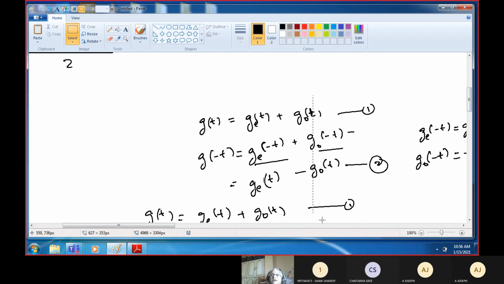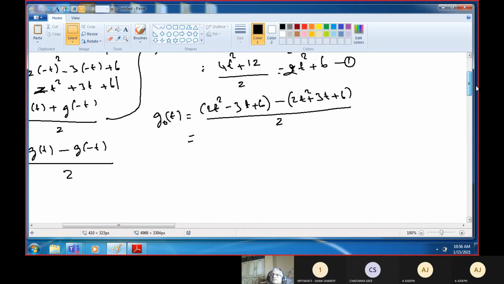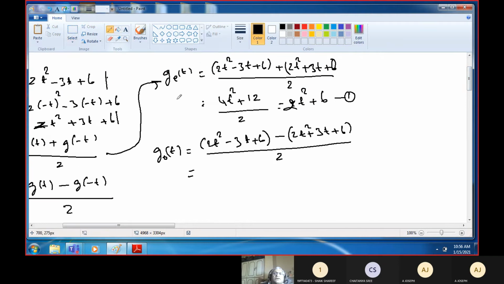This also we can remove so that I can easily slide from right to left. Yeah, so here you have 2t square minus 2t square is cancelled. Both of them will cancel. And this is minus 3t minus of 3t. So it becomes minus 6t. Minus 6t plus 6 and minus 6, they get cancelled. So this divided by 2, this becomes minus 3t. This is the second answer.